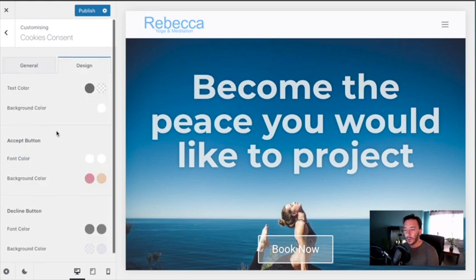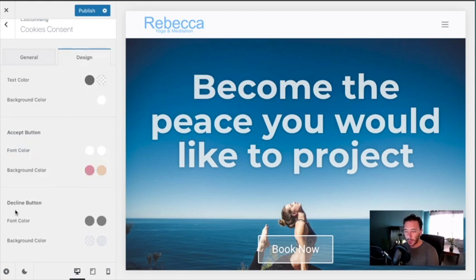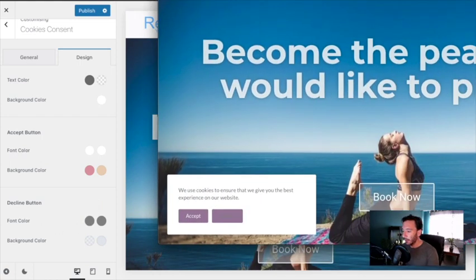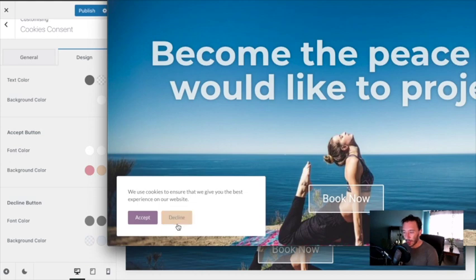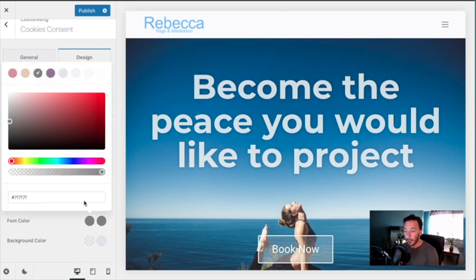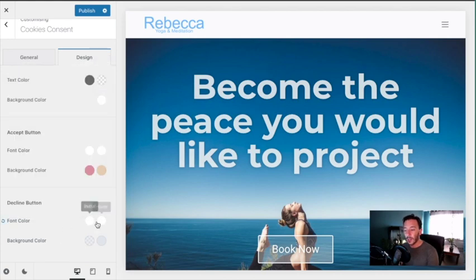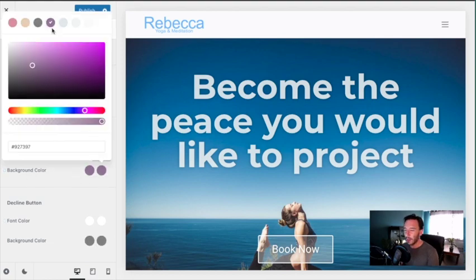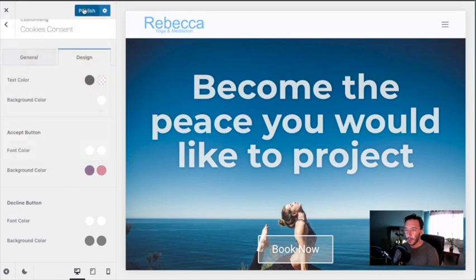So if we pop along to design, let's see what was going on there. The decline button is font gray, which is exactly what we saw actually. If you look, I don't know if you can see that, but it is gray, and we would just like to change that to white. No matter what color that would be, change it to white. I'm going to change that one to white as well. So this is the normal color, and that's the hover color. And the background, it seems a bit confused there on the colors it's using, but we're going to publish that,